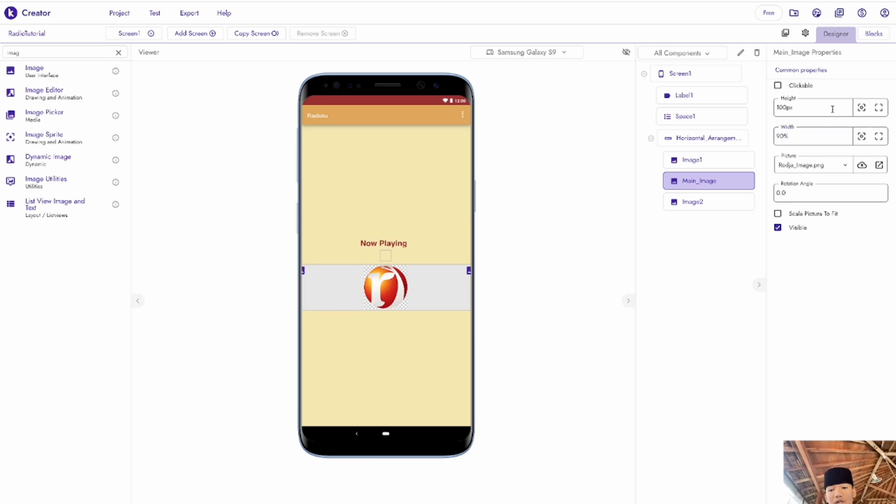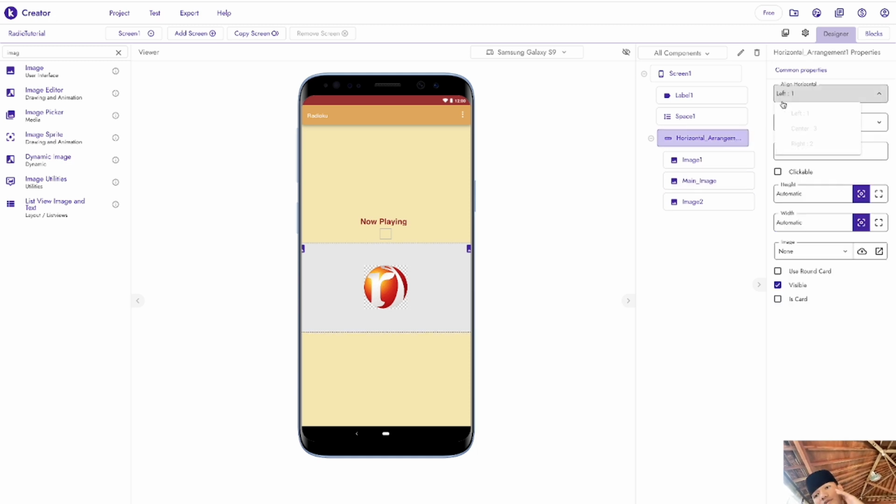Wait, I'm just going to make sure first. And don't forget to make the horizontal arrangement be center, all of them.